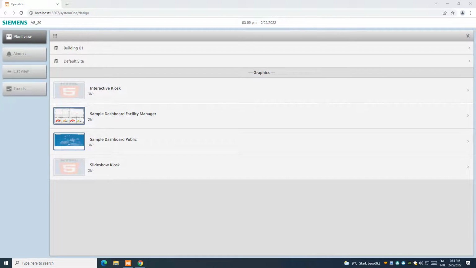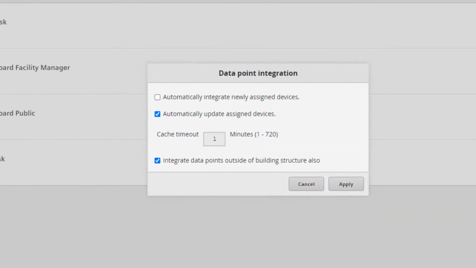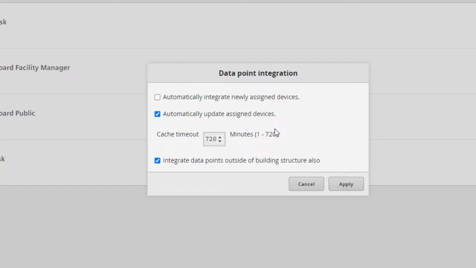As we mentioned before, the system gives the possibility to define a timeout, in the event of which, the memory busy for the cached devices can be automatically released. We can find it by clicking on Tools and Settings. Select here in the list, Data Point Integration. Be sure the related option is activated and define the timeout that can be extended for a maximum of 720 minutes. This feature will make easier the commissioning procedure.